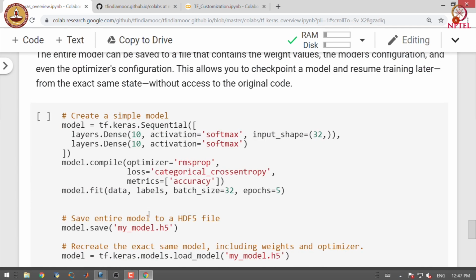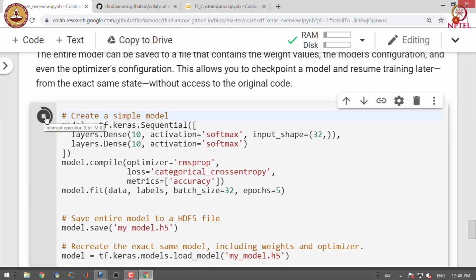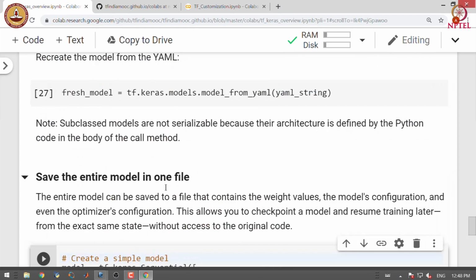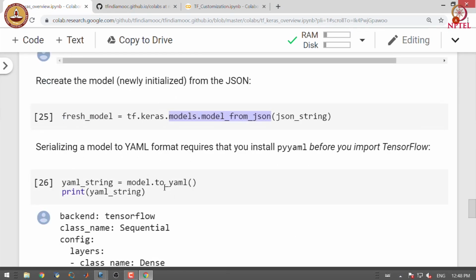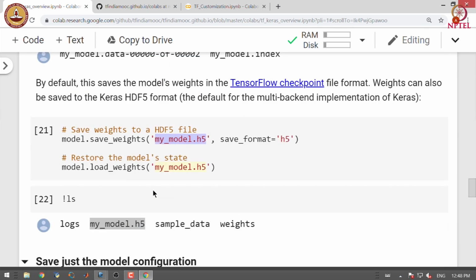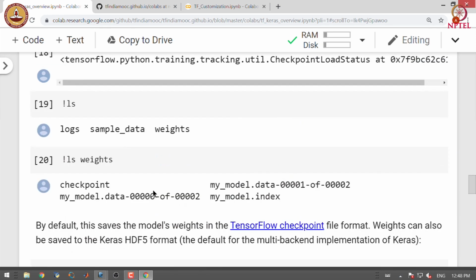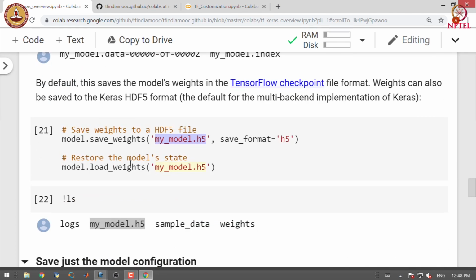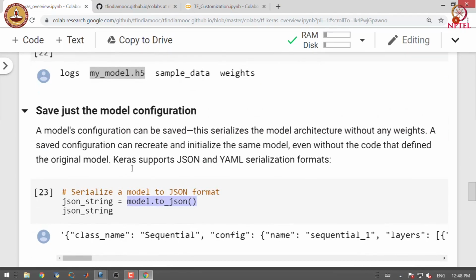We can also save the entire model to a file. It will store both architecture and weights. Here we used the save_weights command for saving weights.